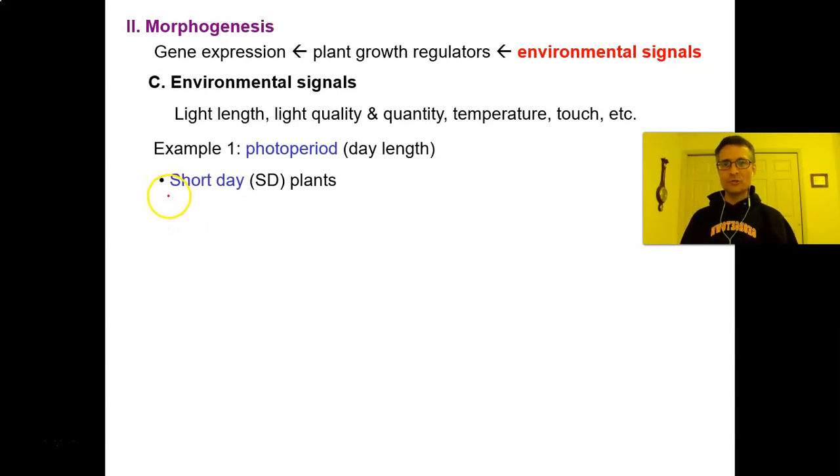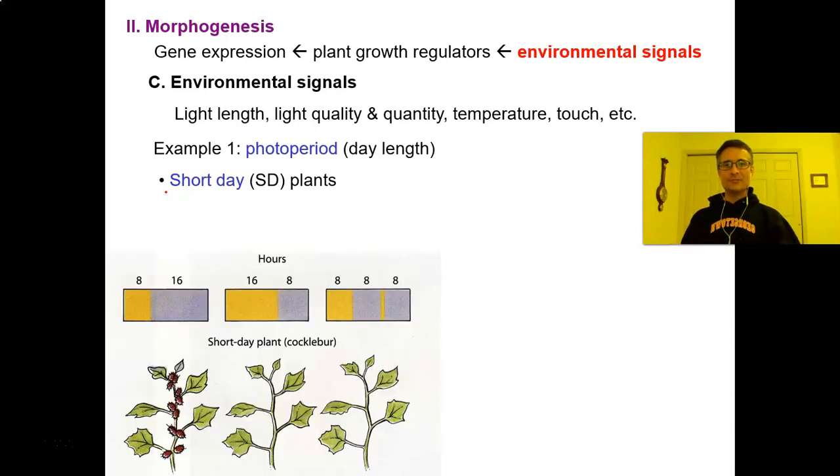Some plants are known as short day plants, or SD plants. The idea behind a short day plant is that it goes to its next stage of development, often the production of flowers or fruits, when the length of the days become shorter. However, as it turns out, we're going to see something a little bit interesting about day length. So let's start with a classic